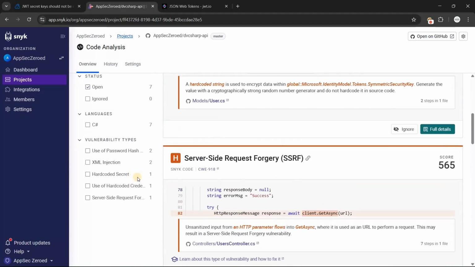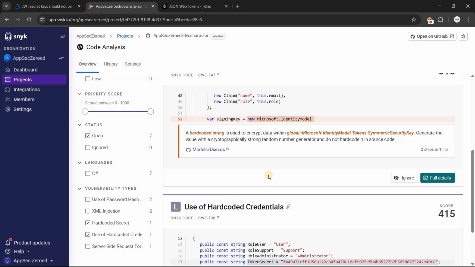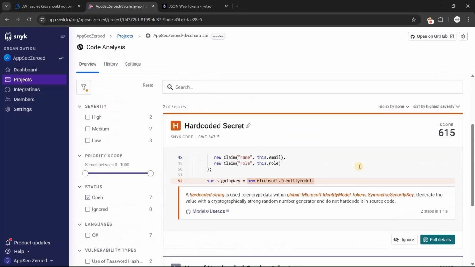Unlike our previous tool, the interface differs and we don't have vulnerability based on OWASP categories, but here there are vulnerability types. So here we have around 7 vulnerabilities, and this is password hash computation, XML injection, hard-coded secret, use of hard-coded credentials, server-side request forgery. So let's select hard-coded secret and use of hard-coded credentials because these are what make sense regarding